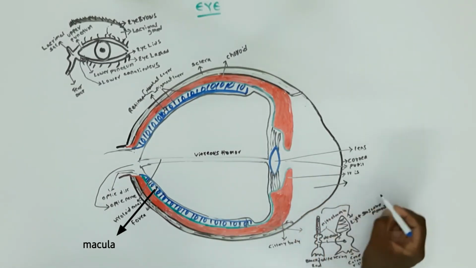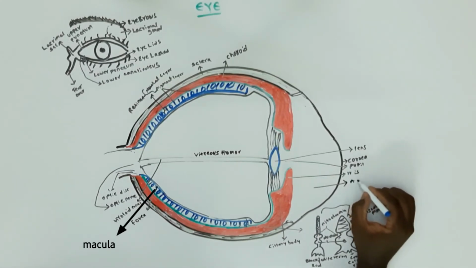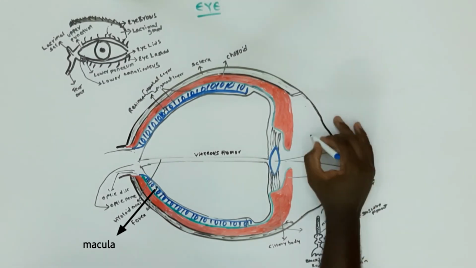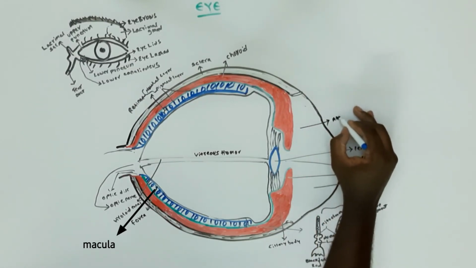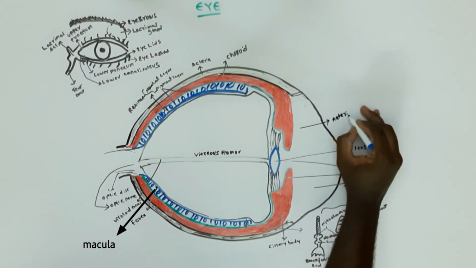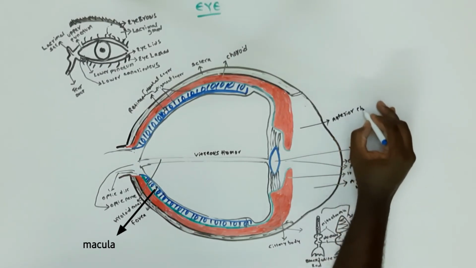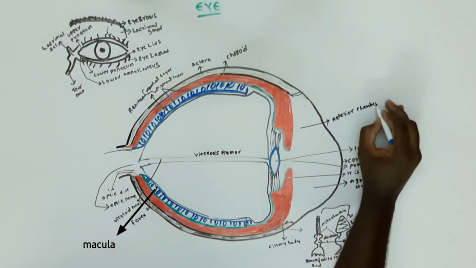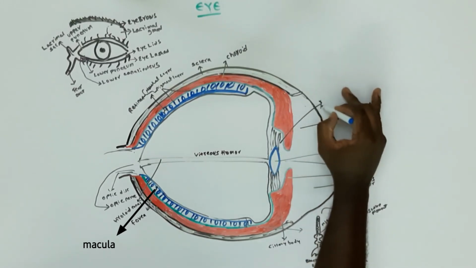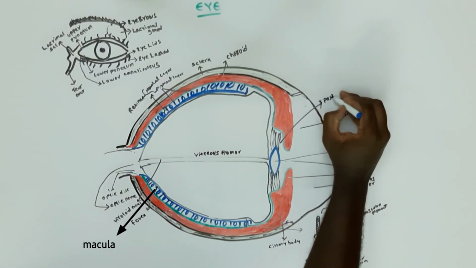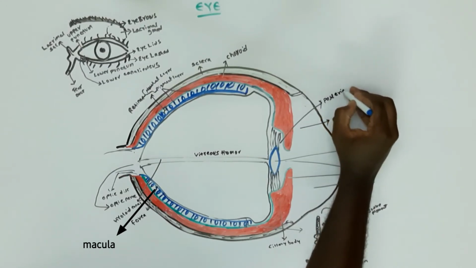Now you are seeing the aqueous humor, which is in the anterior chamber of the eyeball, the fluid-filled space inside the eye between the iris and cornea. The normal depth of the anterior chamber of the eye is 2.5 mm to 3.5 mm. If it is less than 2.5 mm, there can be a risk of angle closure glaucoma. The posterior chamber of the eyeball is a narrow space between the peripheral part of the iris and the front of the suspensory ligament of the lens.